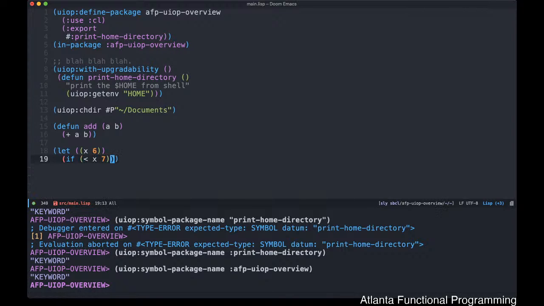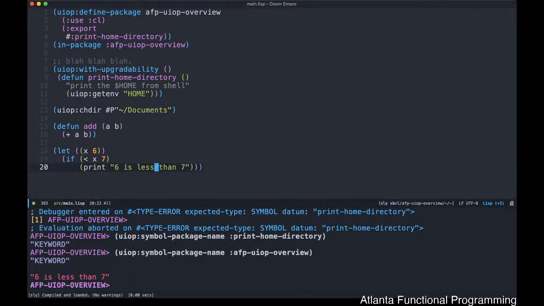We are just going to go ahead and print whether it's greater than 7. Sorry, 6 is less than 7, which you can see here. If you're trying to do this using if-let, you would use UIOP's if-let, bindings, and then say